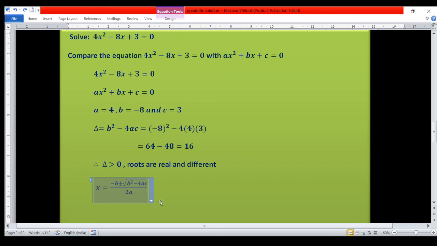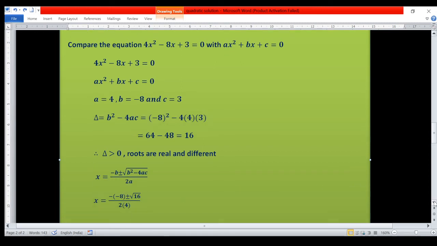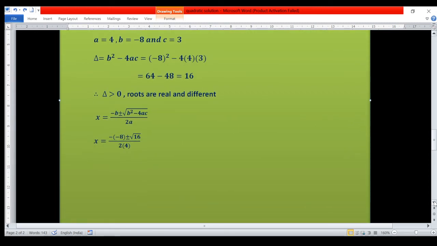So now I will use the formula. X is equal to minus b plus or minus square root of b square minus 4ac by 2a is the formula. Memorize that formula. Minus b. What is b? Minus 8. So minus of minus 8 plus or minus square root of. Again no need to find b square minus 4ac. It was calculated already. Delta is equal to b square minus 4ac. We will use that value, 16. Okay, the next step. Minus of minus is plus 8 plus or minus square root of 16 is 4. 4 2 4s are 8. Simple algebraic calculations. You are able to do it.